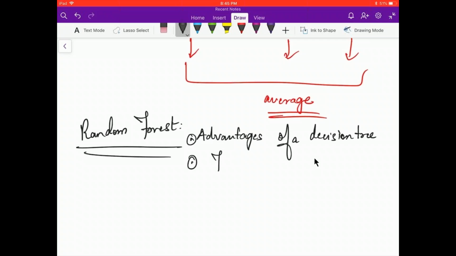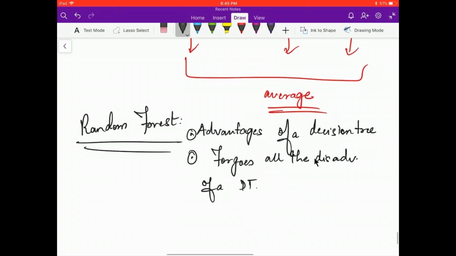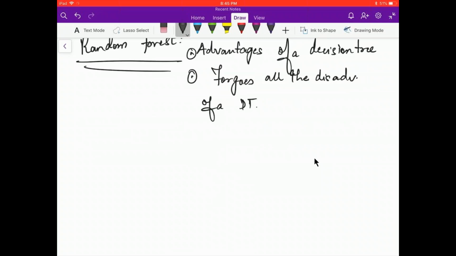but foregoes all the disadvantages of a decision tree. How? Okay, now